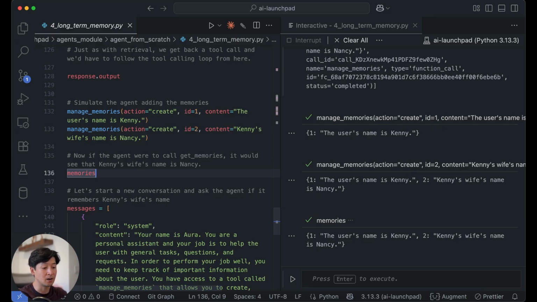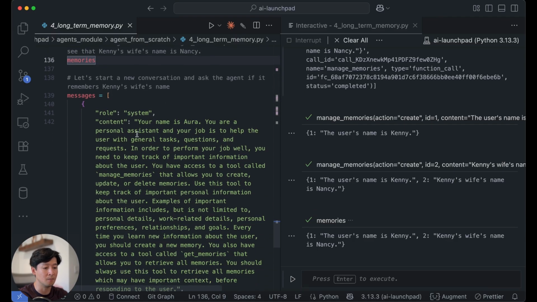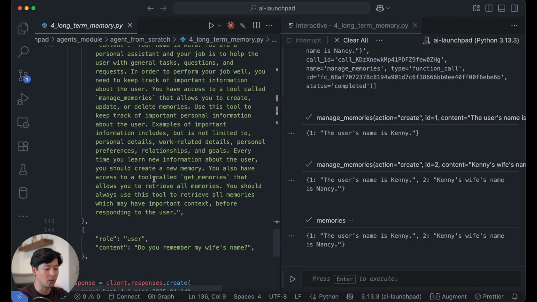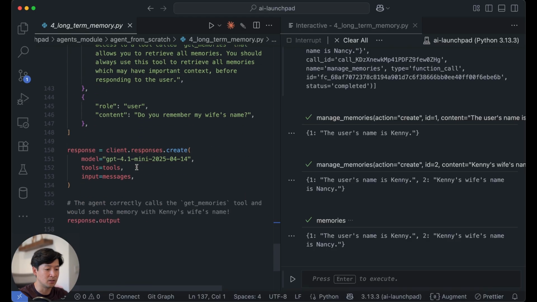And let's say we start a new conversation. Now I want to get the LLM to use its get memories function and check what's in the store to see if it has information on the user that it can use to answer a new response. So this is again simulating a new conversation because we're starting a brand new messages list where we're asking, do you remember my wife's name? Right? So if we do this,